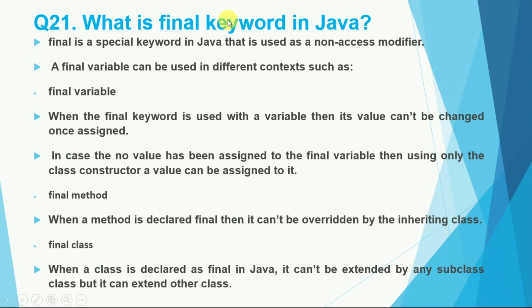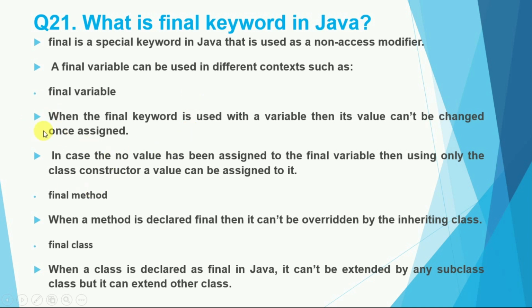So what is the final keyword in Java? Final is a special keyword in Java that is used as a non-access modifier. So final is not an access modifier. Okay, so don't get confused about this. It basically provides a restriction for a particular class and method. The final keyword is a non-access modifier, but it is a special keyword and it is used in different contexts, such as